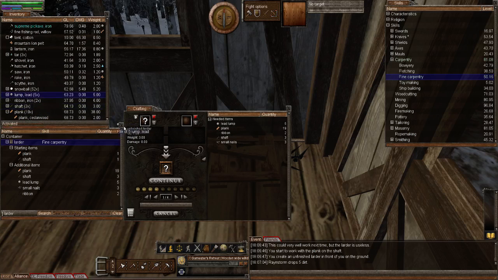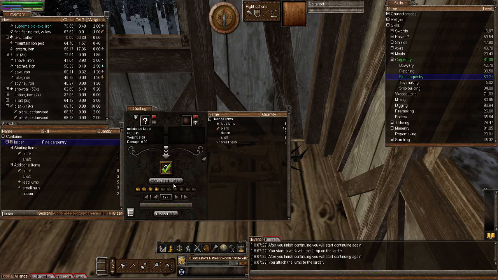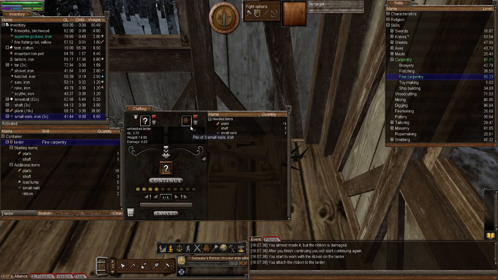So we're going to add the lead lumps first. Whack that up and continue. So notice they don't need to be hot, the lead lumps, they can be stone cold. Okay, that's lead lumps done. Next, the iron ribbons. One more. Come on, you know you want to go in there. Okay, next the small nails. And now the shafts. I'm leaving the planks till last because they're cedarwood planks and I just like cedarwood, so